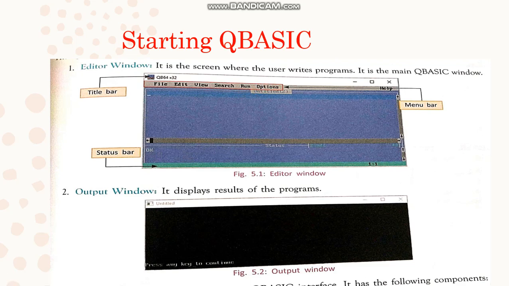Each menu contains various commands. The next one is the status bar. The status bar is placed at the bottom of the screen. It displays shortcuts to some commonly used commands. The next one is the output window. The output window is used to display the result.